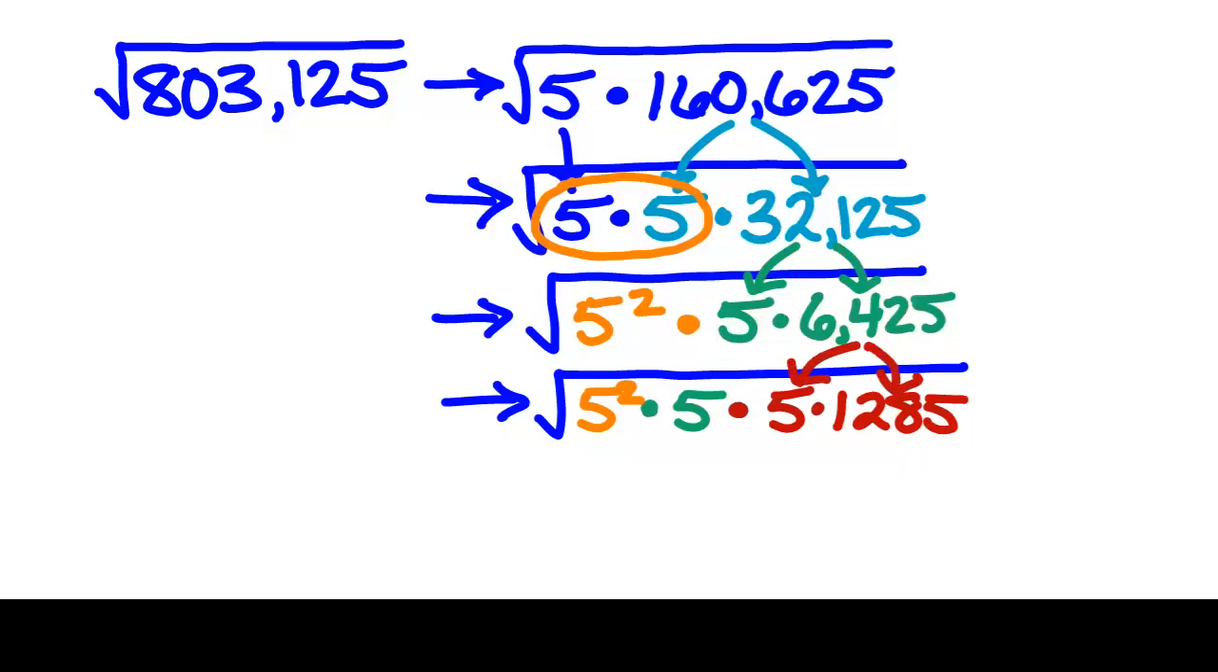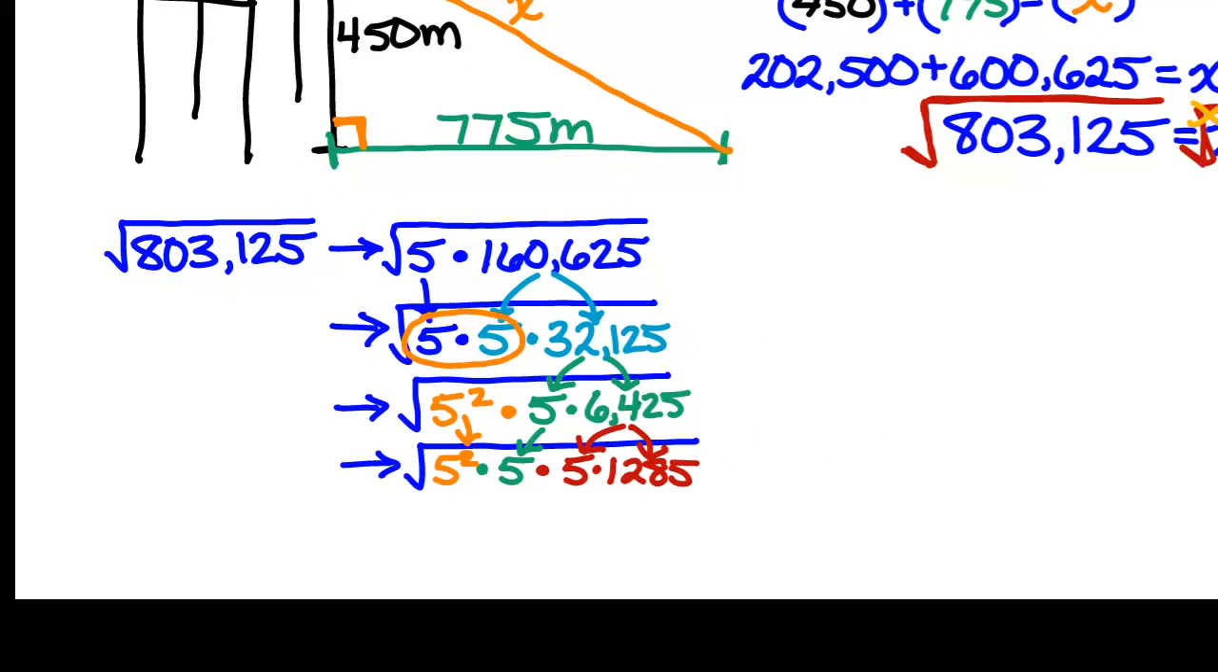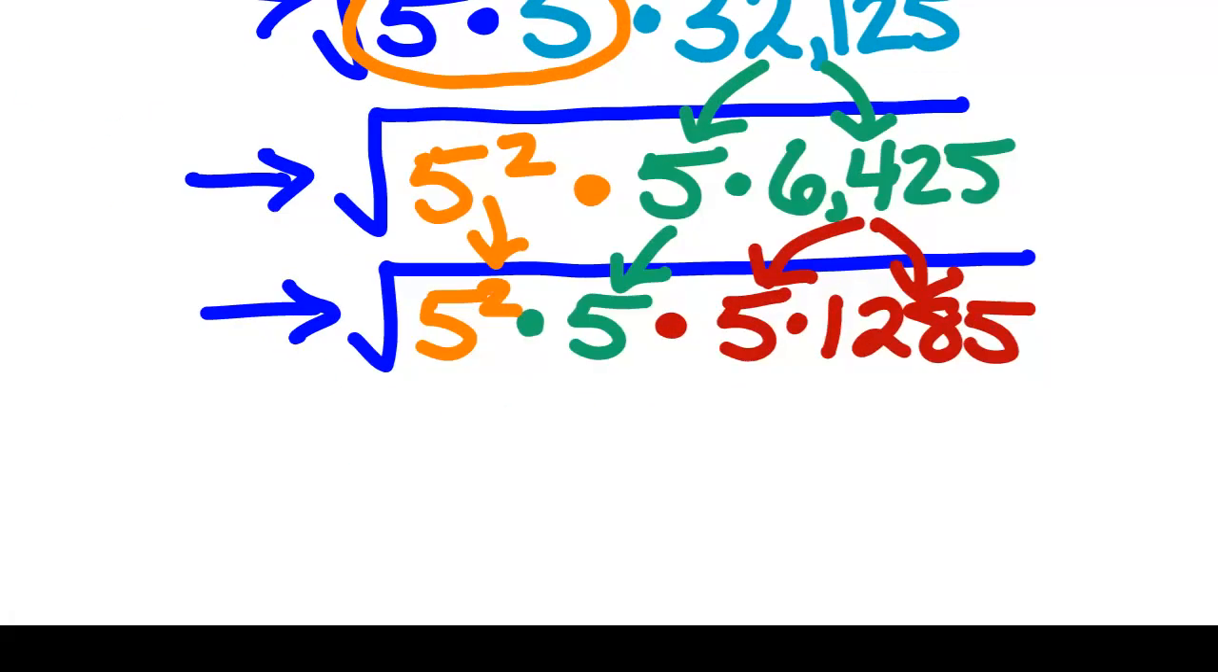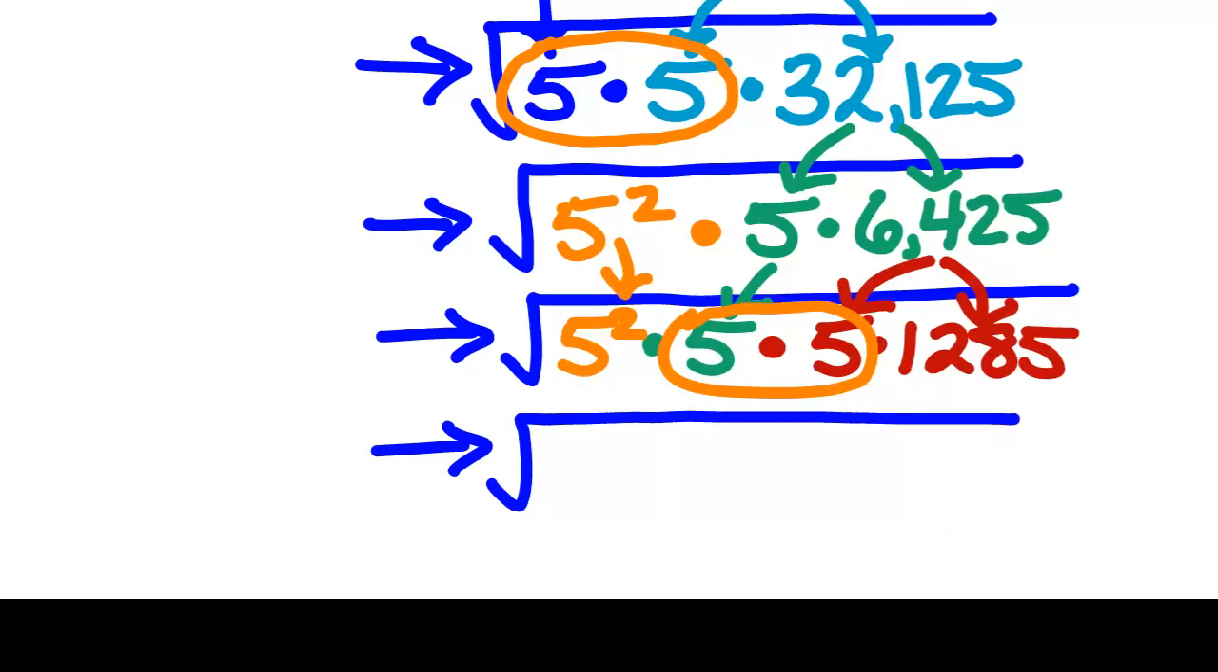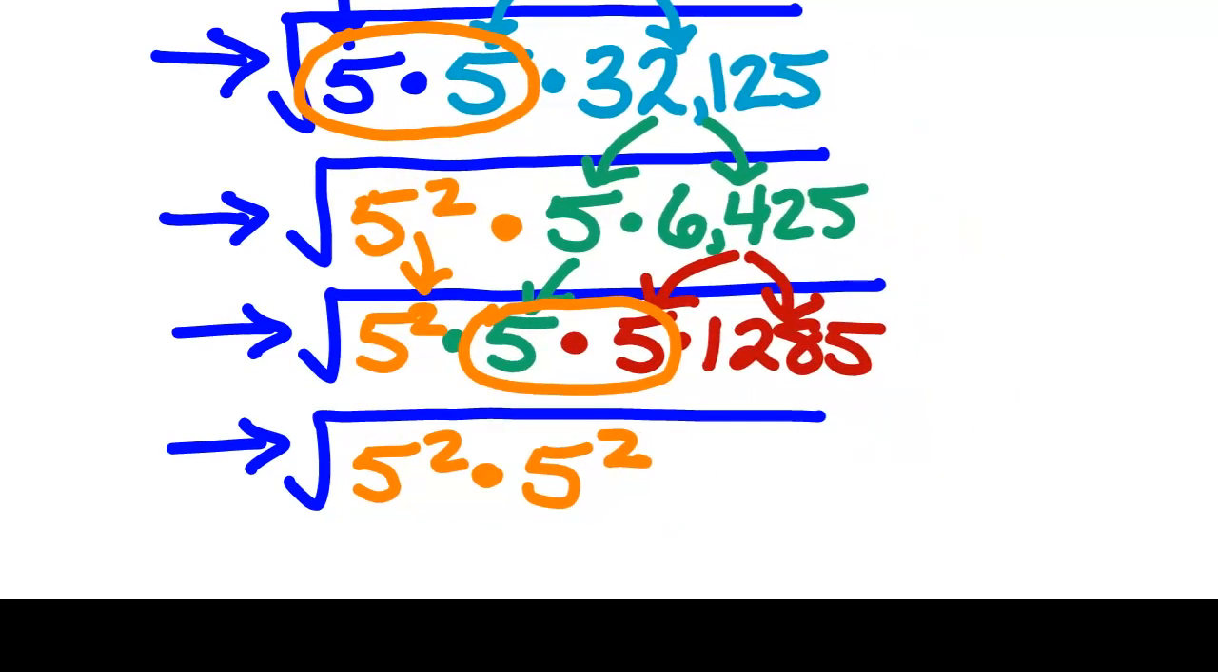Do you guys see where these numbers are going and where they're coming from? Which pieces are coming straight down and which pieces are being divided? All right, so I've got a pair of 5s again. So that 5 times 5 would also be a 5 squared, right? All right. So I have 5 squared times another 5 squared times